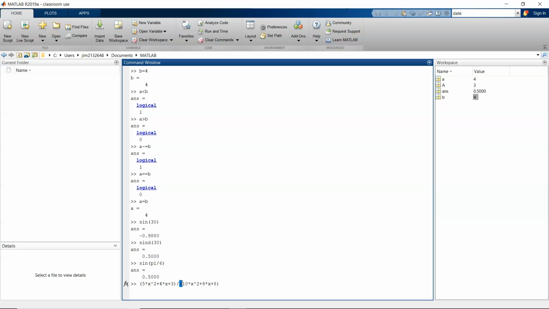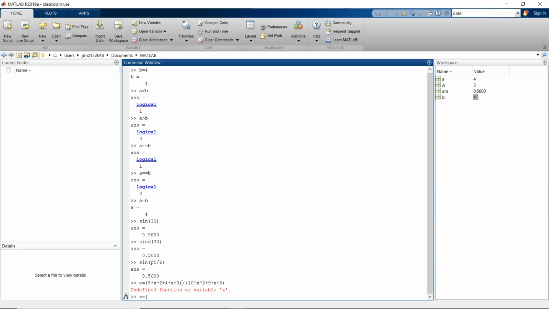There. So let's say we have an expression like that. We can even do this. I can save the expression. I'll call it E. And it doesn't know what x is. And I think, okay, I'm not going to worry about that because there's another way to handle it. X equals,